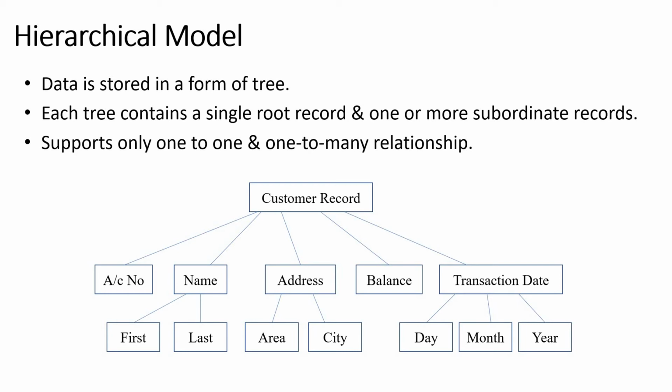This model will not support many-to-many relationship. Apart from that, complex relationships are not supported. And here we have data redundancy, that is nothing but repetition of data. When we have repetition of data, then we will have inaccurate information. Apart from that, if the parent and child table are unrelated, then adding a new entry in the child table will be difficult because an additional entry must be added in the parent table also.